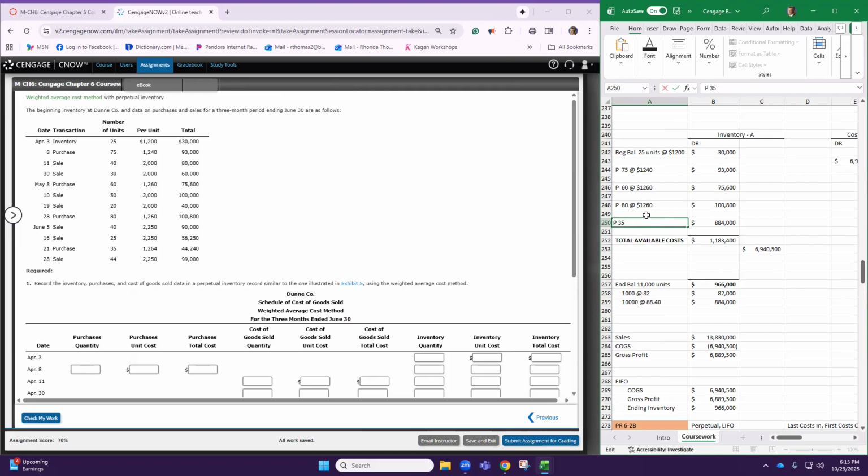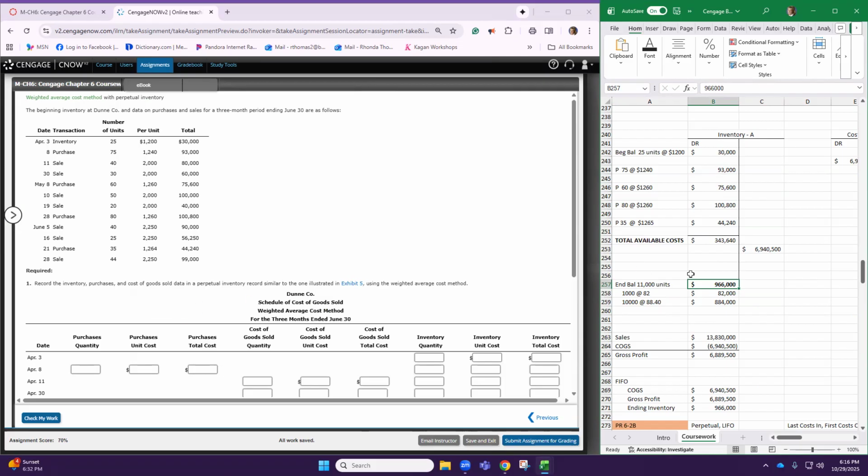So they're trying to help you a little bit with not having to do so much of the math. So that is $44,240. If I add up all of my 4 purchases and my beginning balance, okay, all right, we have,